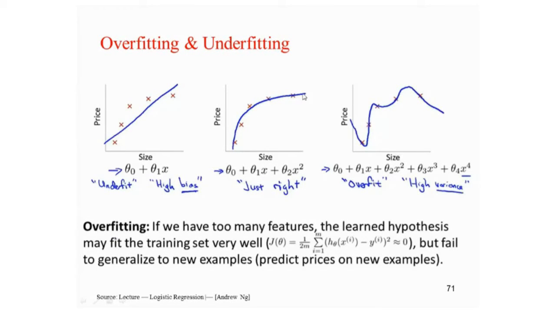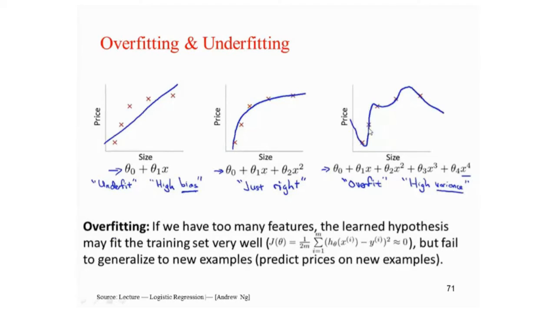Now here you can observe that we have taken the quadratic hypothesis. So here it somehow fits the data points. You will get very little error in the training data set. Similarly, if you go for the testing, you will get less error, means you will get high accuracy on the training as well as the testing data set.